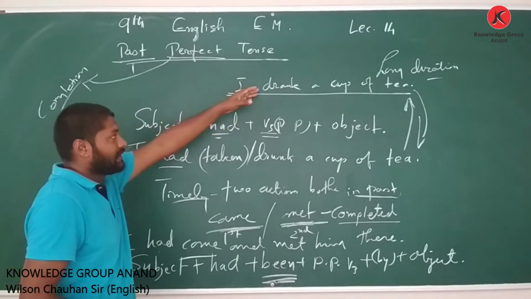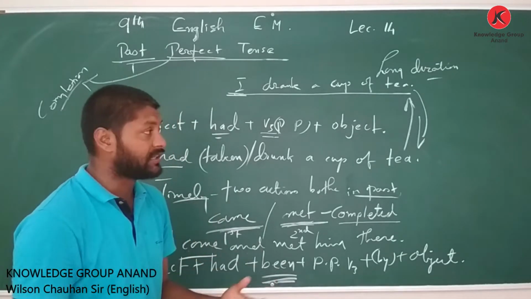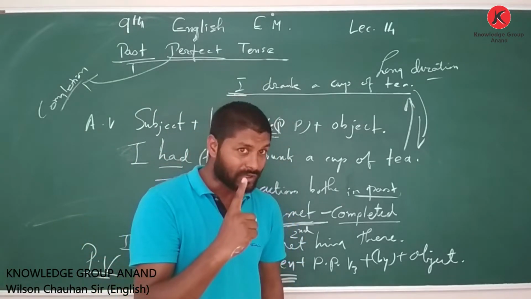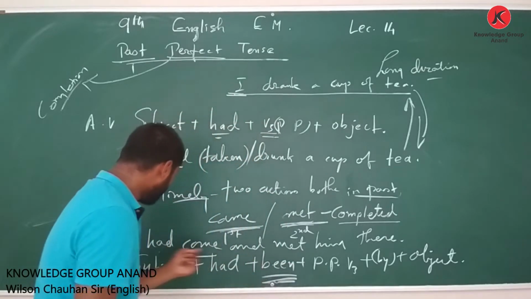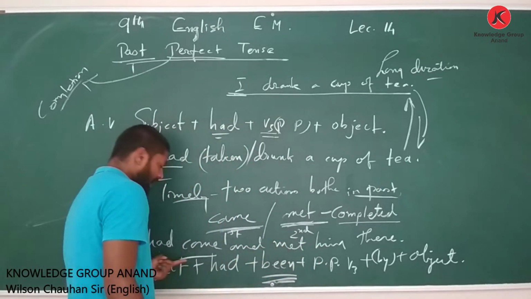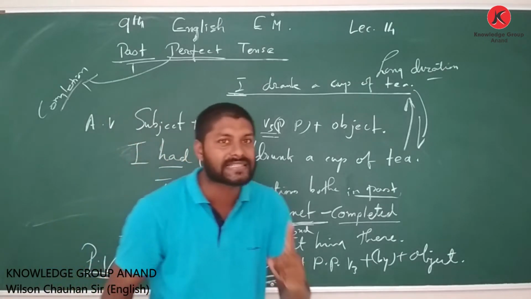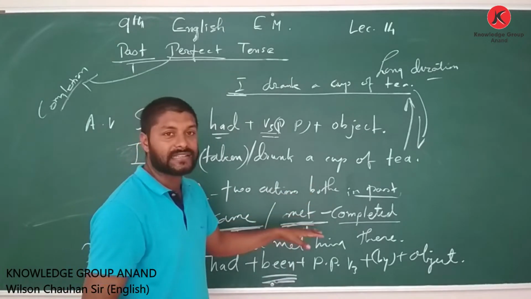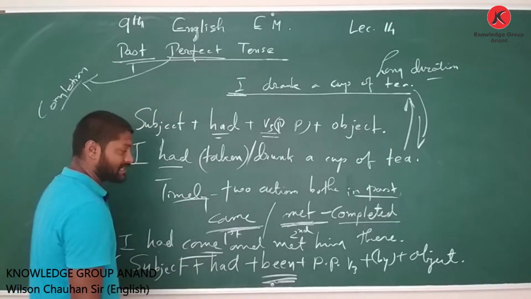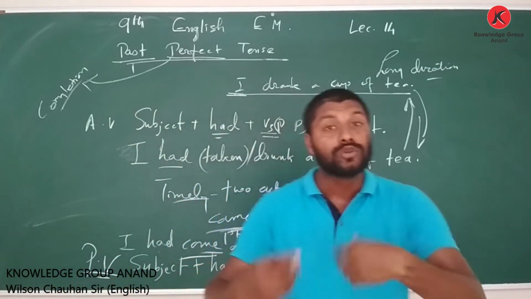Past perfect tense can be very well summarized by simple past tense, but two actions, whenever you want to have both the actions mentioned in a single sentence. See, I had come and met him there, which means my meeting and my coming, two actions, I combined them, synthesized in a single sentence. What we have done here is to write both the events in a single sentence, first carrying past perfect and the second simple past tense. So this is the most used usage.